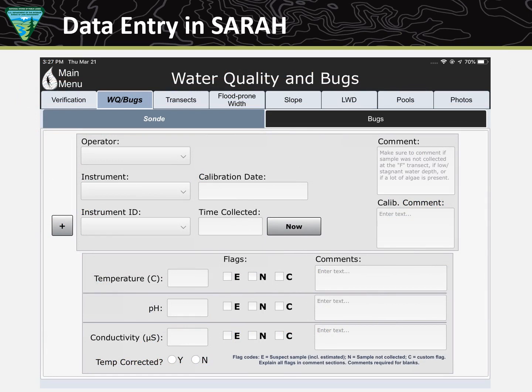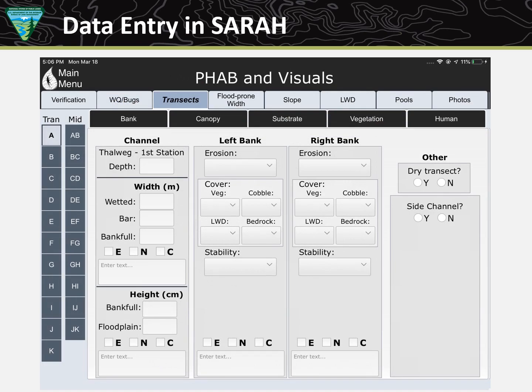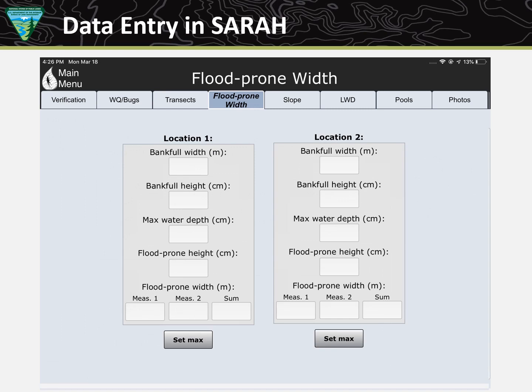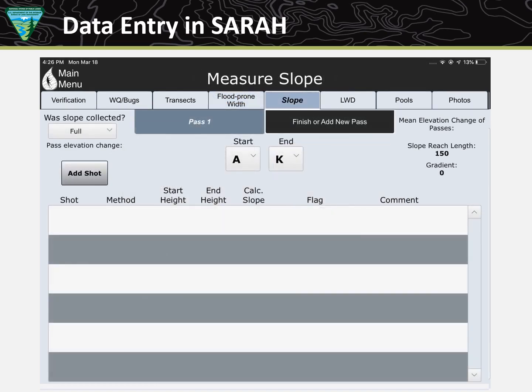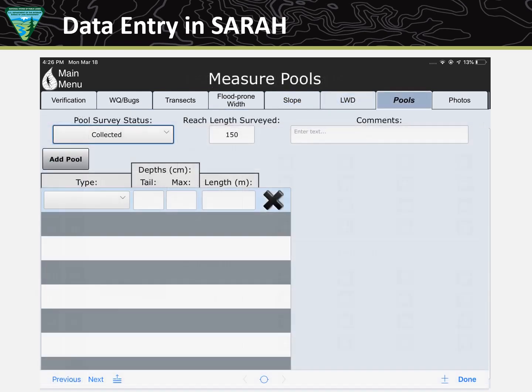Aquatic AIM data are collected in a series of passes throughout a reach, and the pages are organized to facilitate the most common workflow. Water quality and bugs are always collected on the first pass. It is then common to collect all transect data in one pass, flood-prone width and slope during another pass,